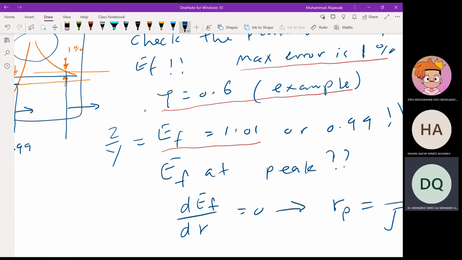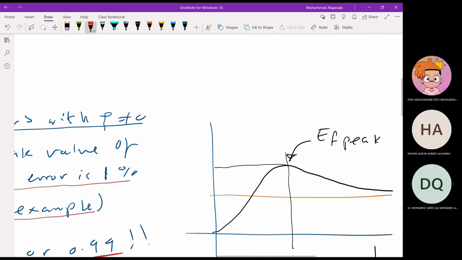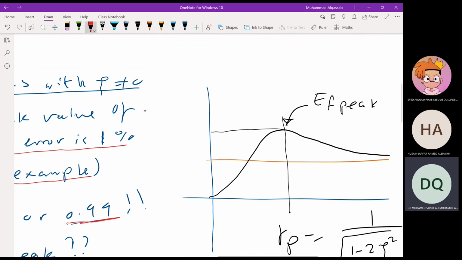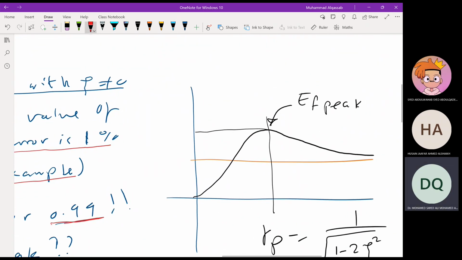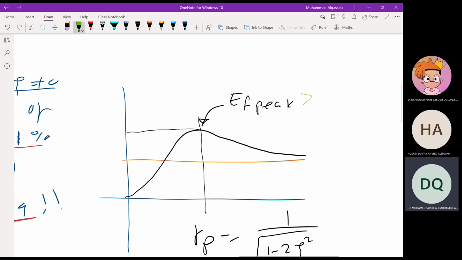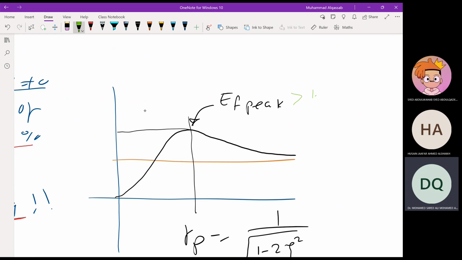Then z over y is either 1.01 or 0.9 or 0.99. Okay, the deviation from 1. So which one to choose is we need to check at the peak. At the peak, if this error is greater than, let me just put 2 lines, if this is greater than 1.01,